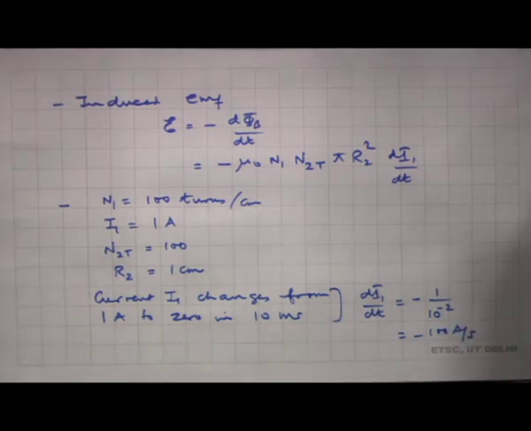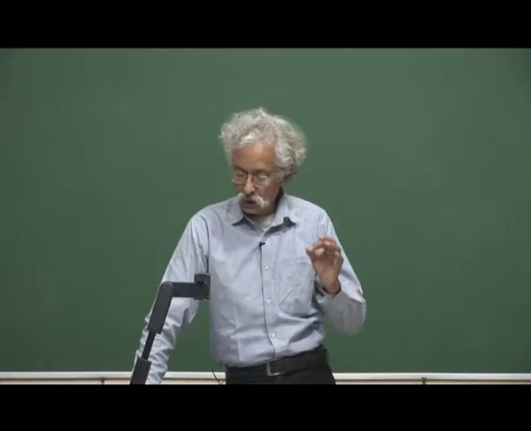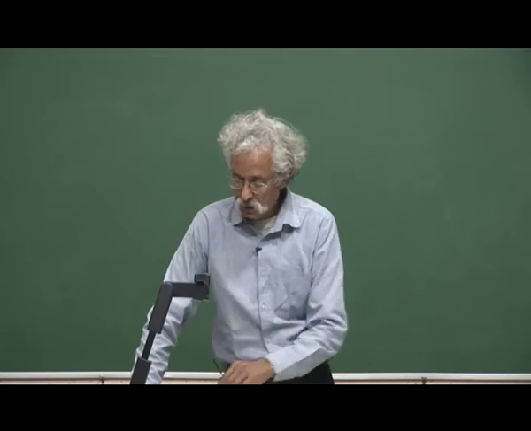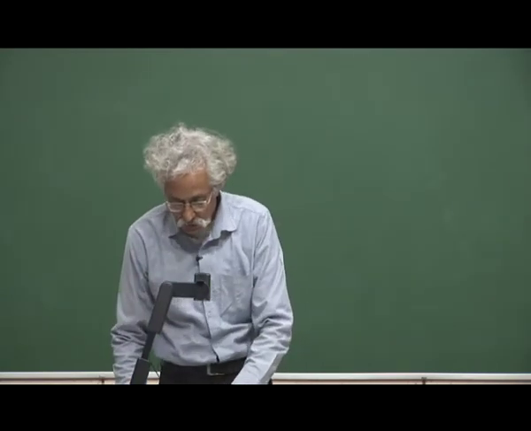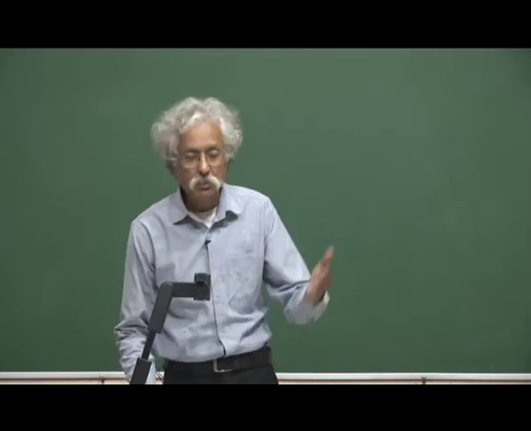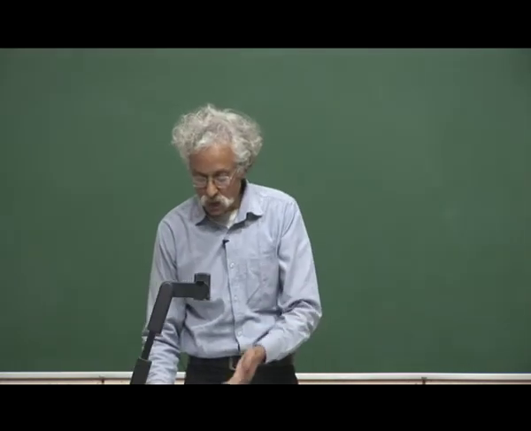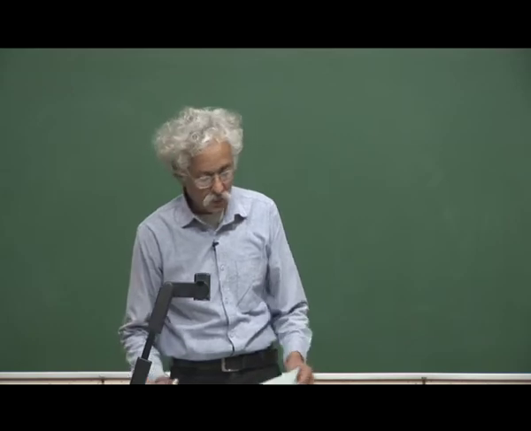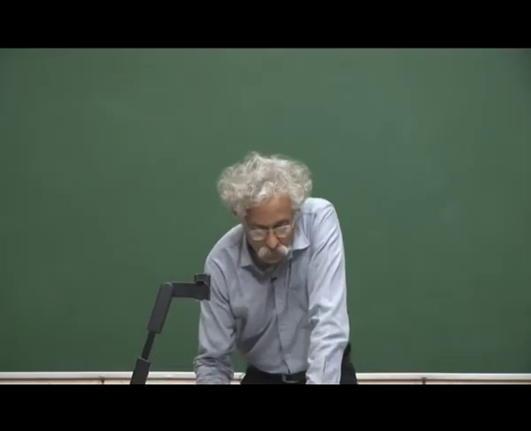So, I switch off the solenoid and change the current, for example, from 1 ampere to 0 amperes in a time of 10 millisecond. Let me assume it is a constant decrease in current as a function of time. So, di1 by dt remains constant, and that is minus 100 amperes per second. So, the induced EMF